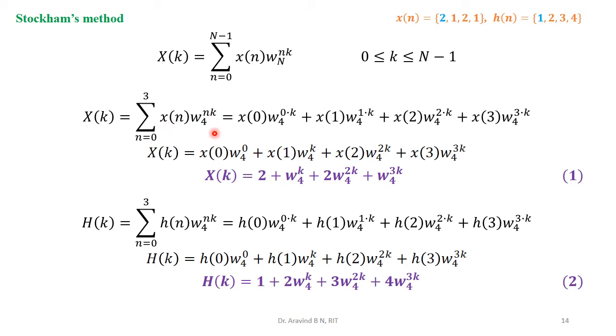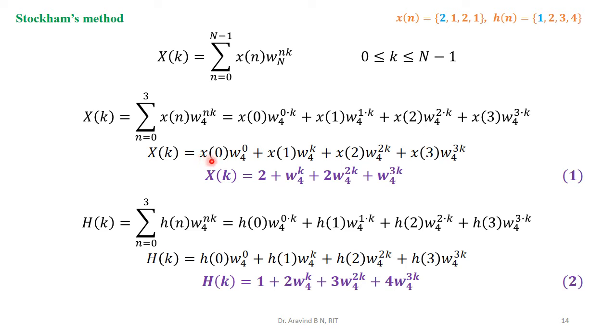Expand this summation. I'm not going to make any substitution for k. Remember, I'm not modifying k itself; I'm going to keep it as it is, k as k itself. Expanding this summation, we get this realization, and the twiddle factors have all been written. So now we get x of 0 omega 4 power 0, x of 1 omega 4 power k, x of 2 omega 4 power 2k, x of 3 omega 4 power 3k.